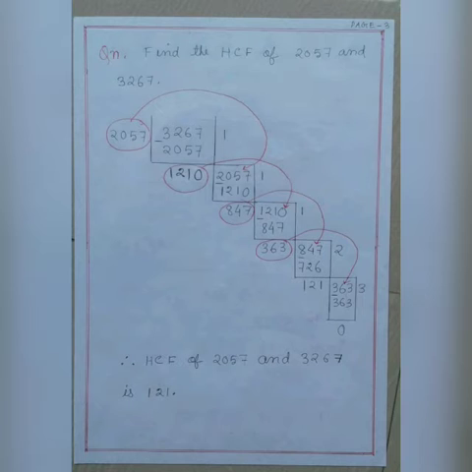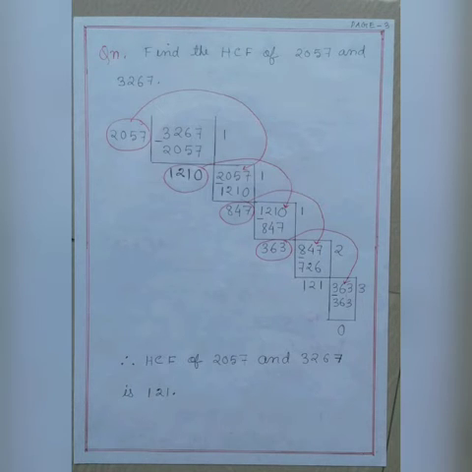If I divide, I get 1 as quotient and 2057 into 1 is 2057. I will subtract 2057 from 3267 and I get